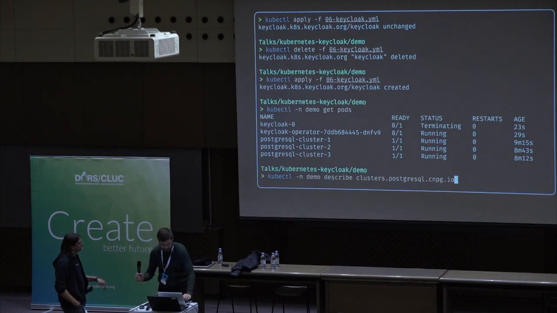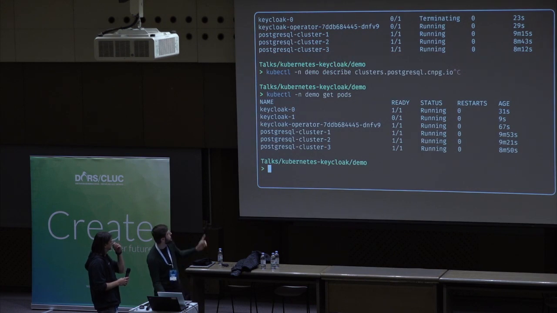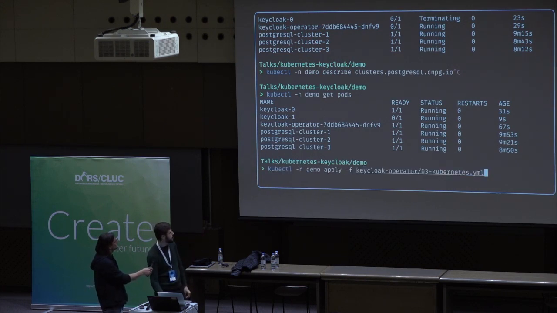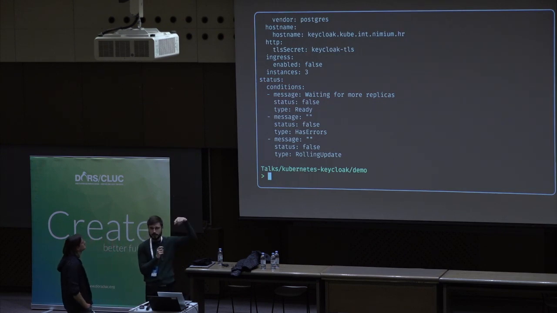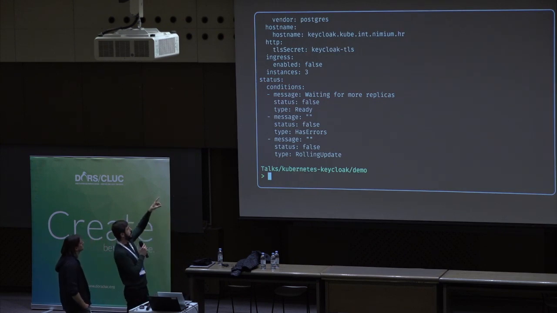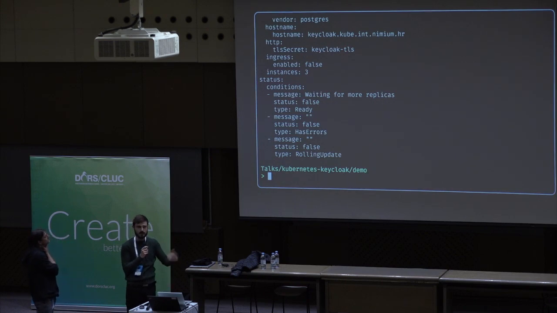Let's see. Okay, it's deploying right now. So it will deploy and it will get the cluster ready. So when it's working, one of the conditions you can see is the operator populating status of the object. So in the status you can see that we are just waiting for more replicas because we told Keycloak that it will have 3 replicas in total,